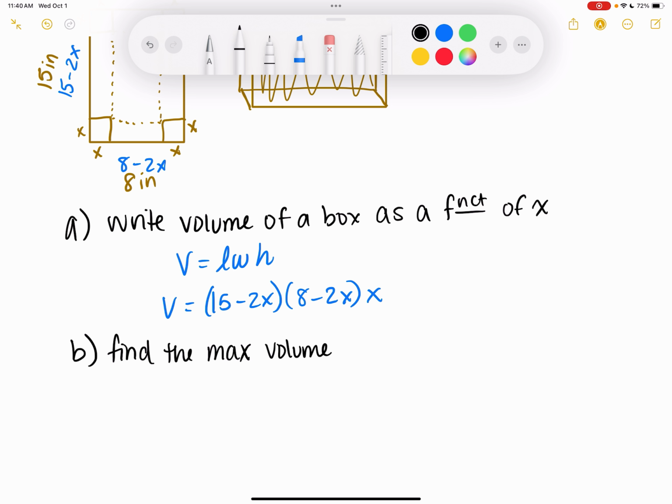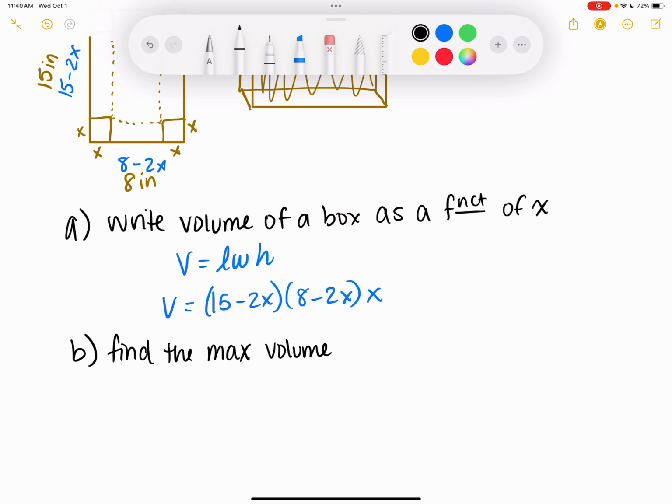Well, I want to find the max volume. So I'm going to hit second trace. I'm going to go to max, so that's option 4. And I need to go to the left here, somewhere down over here. Hit enter, and then we're going to go over. I need to get on the right of the y-axis. There we go. So somewhere over here, hit enter again, and then hit guess. So this is telling me that my max volume is